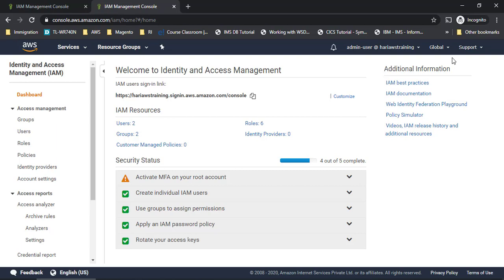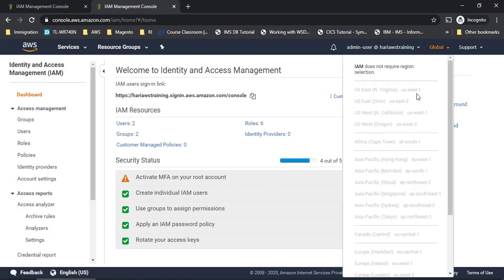This is globally given because it's a public cloud. Anyone can create an account in any location. It's like a complete building, and you are using only the first floor or second floor, or whatever floors you are using, and then you are asking for access to that particular thing. So access will be the same to that particular building, right? That way you have to think, and that is how this shows as global.